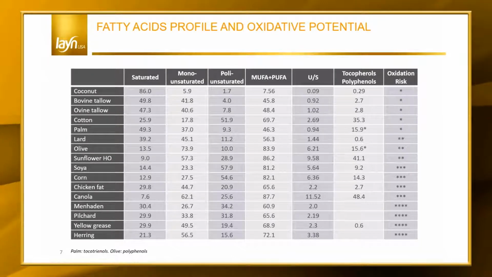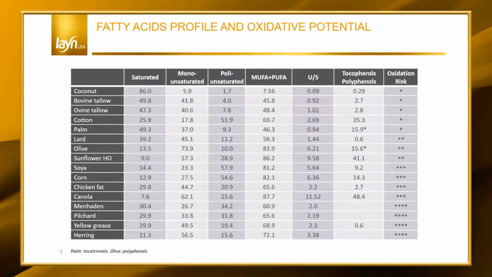In this table, we can see how we defined these fatty acids as saturated, monounsaturated, polyunsaturated, and the most important, the unsaturated to saturated ratio. We see that coconut oil is virtually saturated. And we see that, for instance, canola oil is extremely unsaturated with an index of 11.52. And the saturation index is just one of the